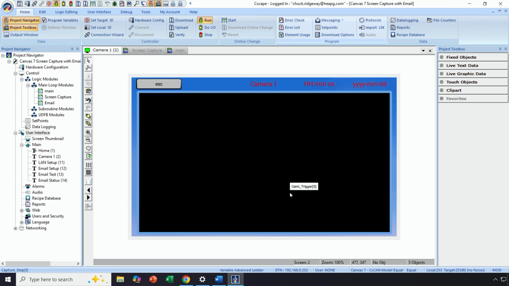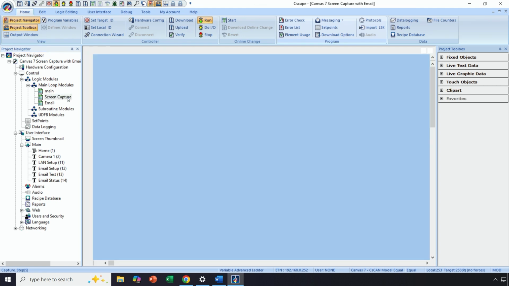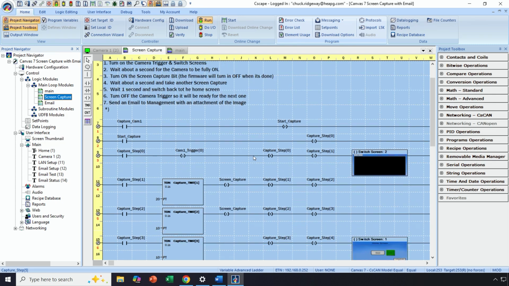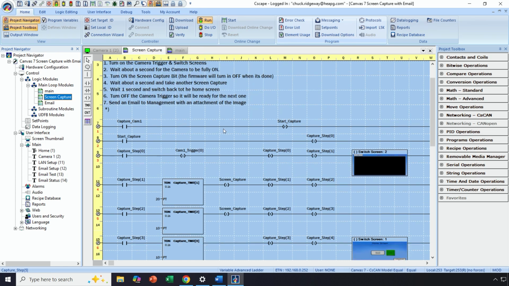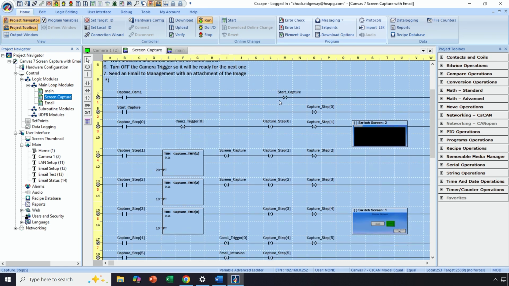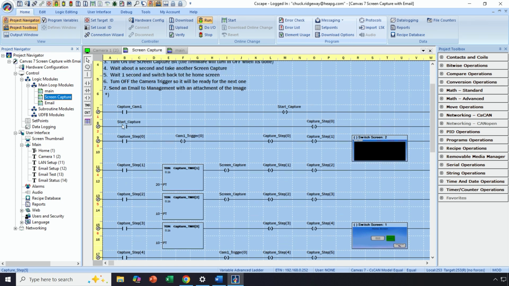The last important step is you need some logic to make all this happen, and this is basically what I have. Here's my procedure, spelled out in my documentation. Always important to document your logic. Then I've set up some simple logic with a series of bits, an array of bits that I call capture step from 0 to 15, because I've allocated, I believe, up to 16 steps. Basically, I'm starting when my event is detected,